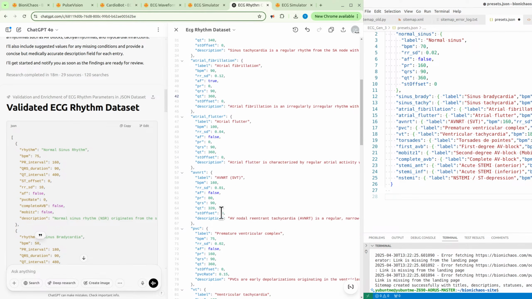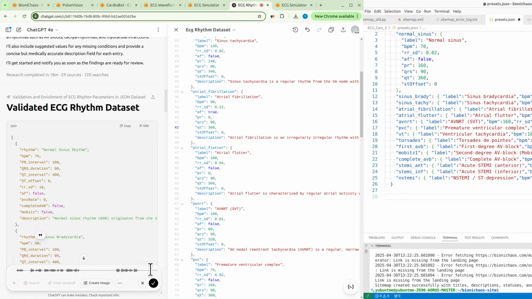Okay, and can we also correct the entries for which you found more accurate information? Correct them directly in the canvas based on the deep research that you conducted.